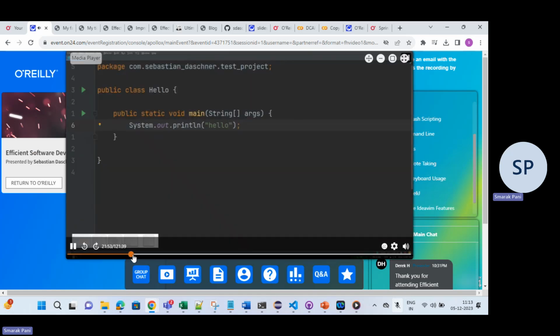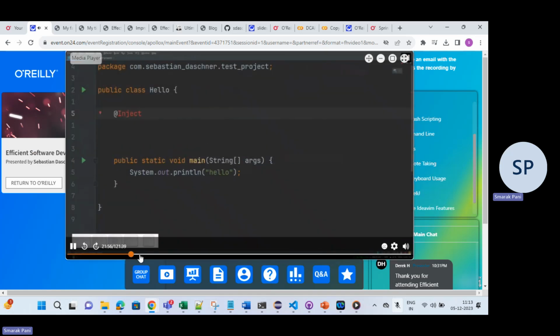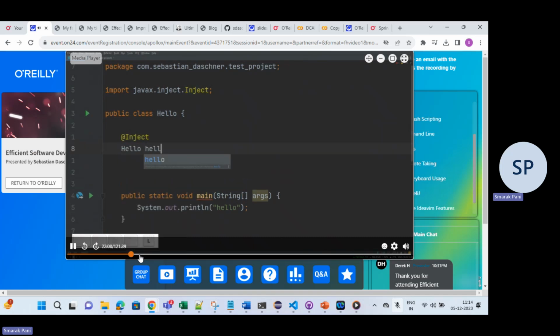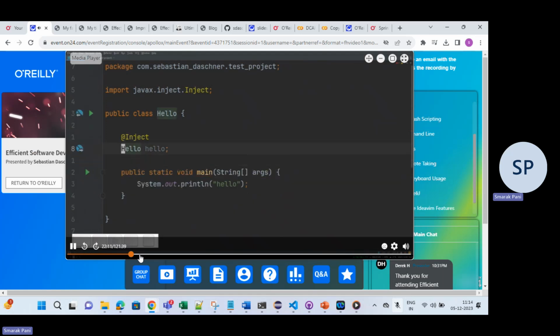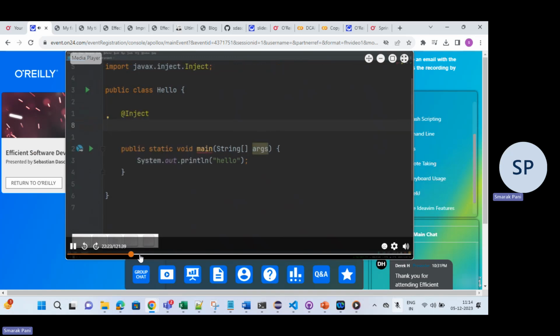But also ask yourself, if I would like to inject something here, then typically what you do is type this, that's called an annotation in Java, and then you select the correct import, you press enter, and then you say, okay, I would like to inject a class here, like dependency injection. Okay, but this code snippet comes all over again in my code. I type this all the time when I'm writing Java Enterprise code. So even for that, it makes sense to have a shortcut.